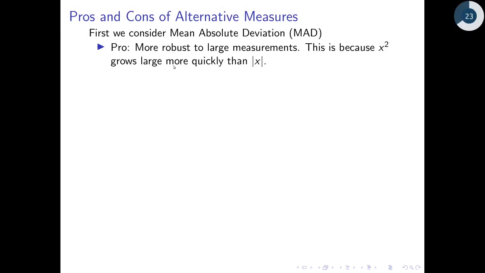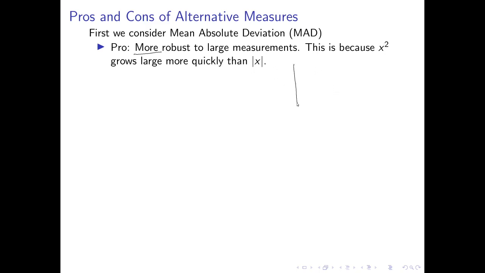All right. So first, let's talk about mean absolute deviations. The pro of mean absolute deviation is that it's more robust to large errors or just large measurements in general. And when I say more, I mean as compared to RMSE. The reason is that x squared, which is how we quantify errors in mean squared error and then root mean squared error as well,